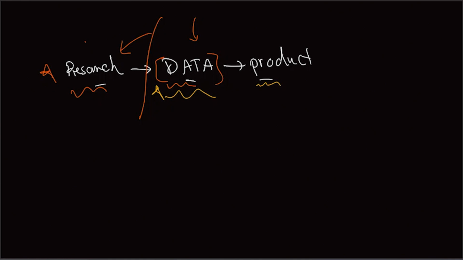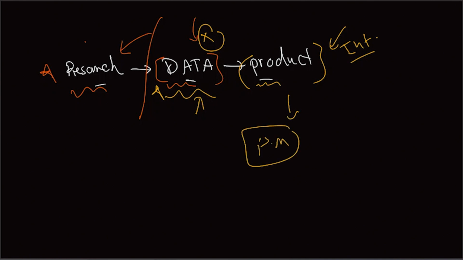But the question is, if your data is wrong from the very beginning, how can you expect your product will be right? You could give me data in any form, from a very rigid and abstract perspective. I could apply the best tool of math or analysis to create that analytical model and clean the data. And then finally, I could create that product with an intelligent factor. And then you have a predictive model. That's true. But the question is, from the very beginning, what was missing? Actually, the question is, is the data that we're talking about the right data or not? And who can guarantee that it is actually research?